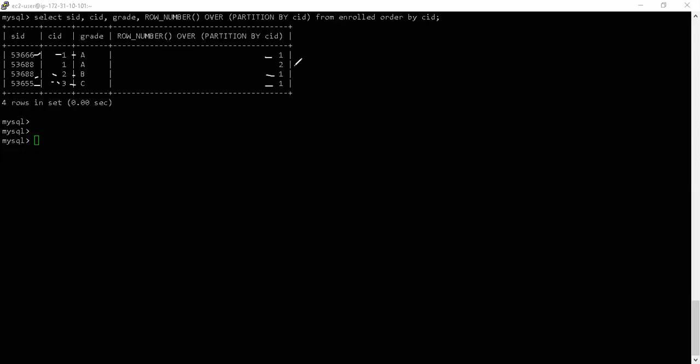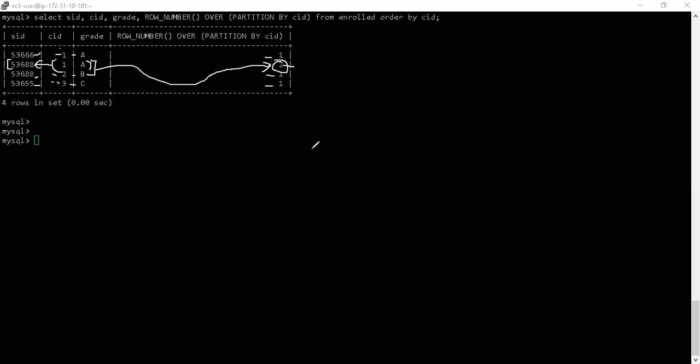But if you look at the second cluster, I have a combination of course ID and grade, which is the same as at least one more row in the table, but I have a different student who has got that combination. And this is the combined attribute which is making this part of a different group, right? And that's the reason why here I am getting an output of 2, right?